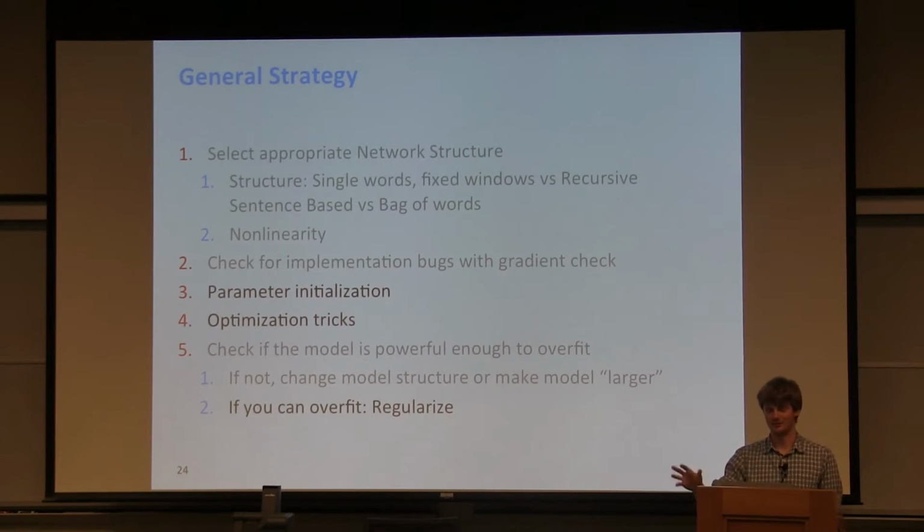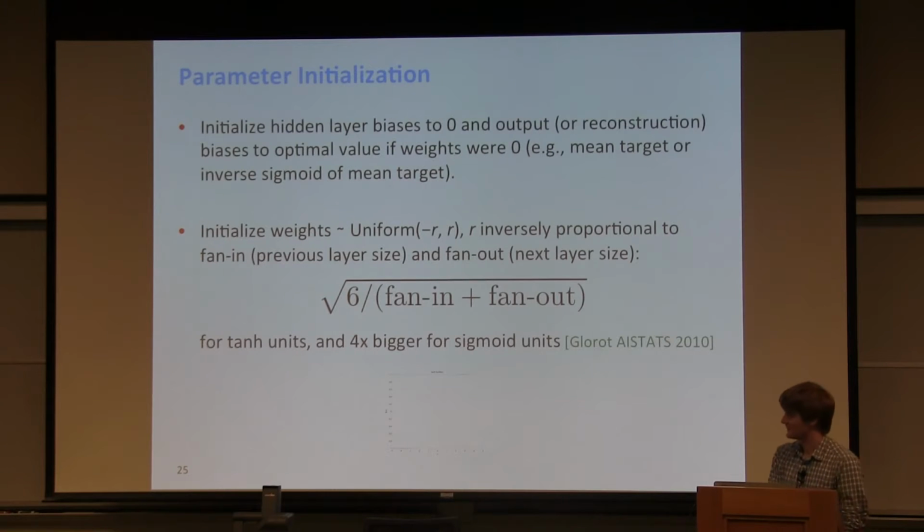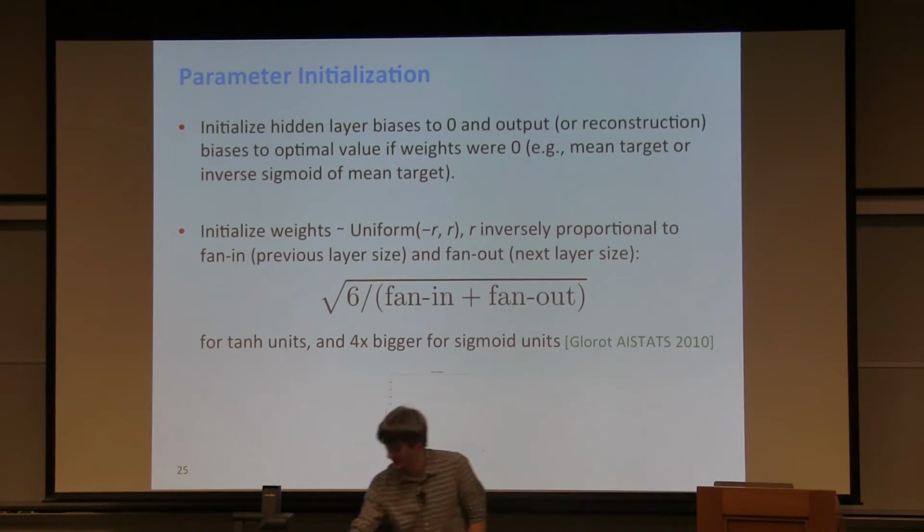All right, so let's say you chose the right model for your task, chose the right nonlinearities for your model, you implemented gradients, and the gradients are correct. Now you need to initialize your parameters. And parameter initialization is super crucial for neural nets. We covered this just briefly before in the class, but let's assume you have